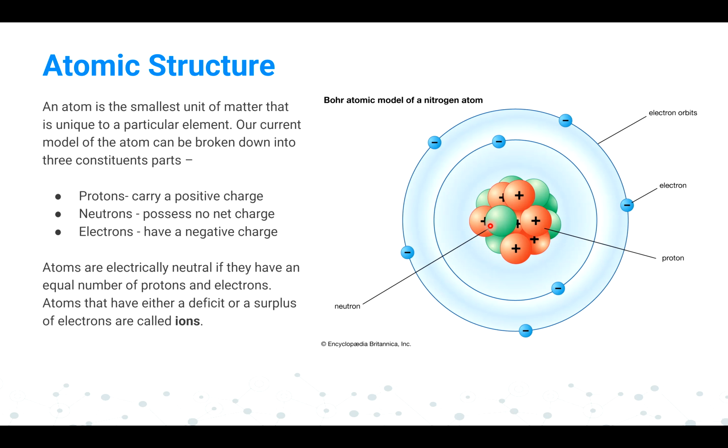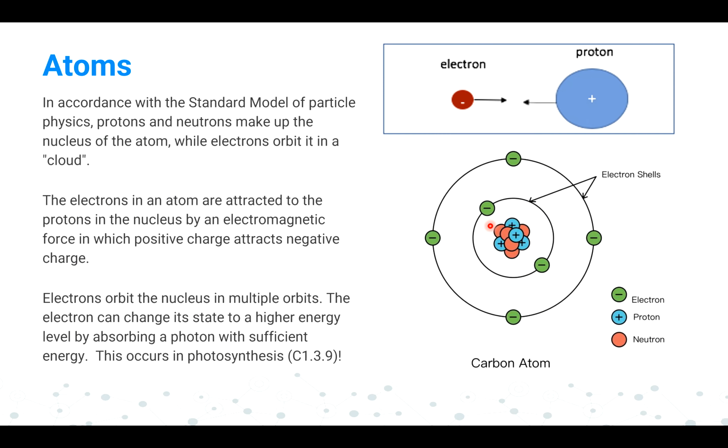So electrically you will find that the atom is neutral because the number of protons and the number of electrons are always the same. There is no change. So the plus and minus values are the same, right? There is a chance that an electron can come out from the orbit, creating ions in the atom. Okay, now,